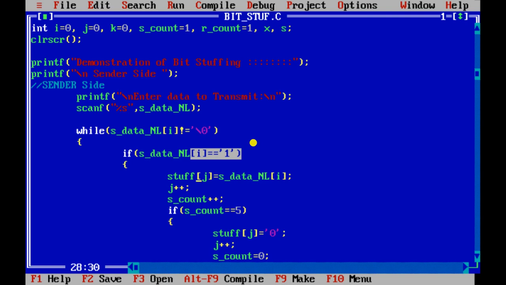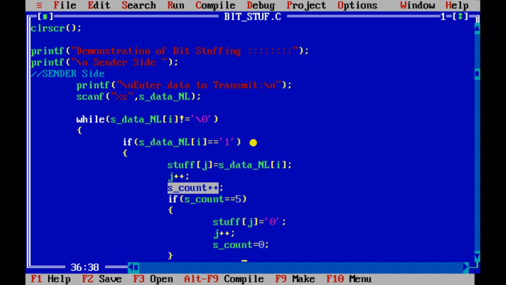Copy that into the stuff data that you are going to send. Increment the counter, as you have seen a 1. If my counter becomes 5, meaning five continuous ones, then you have to put a 0 at the jth location in the stuff data, which means the next location.